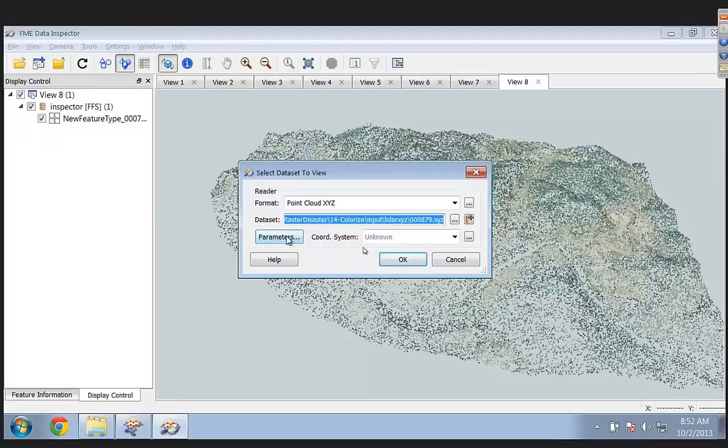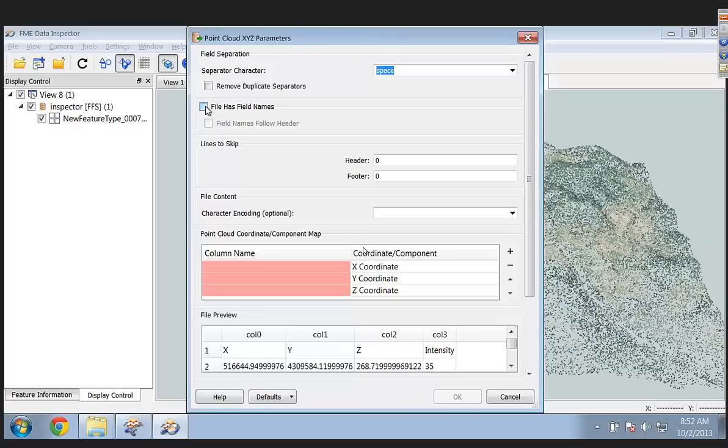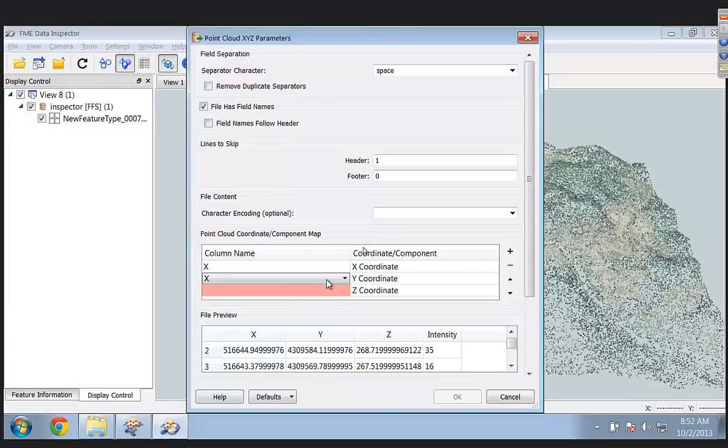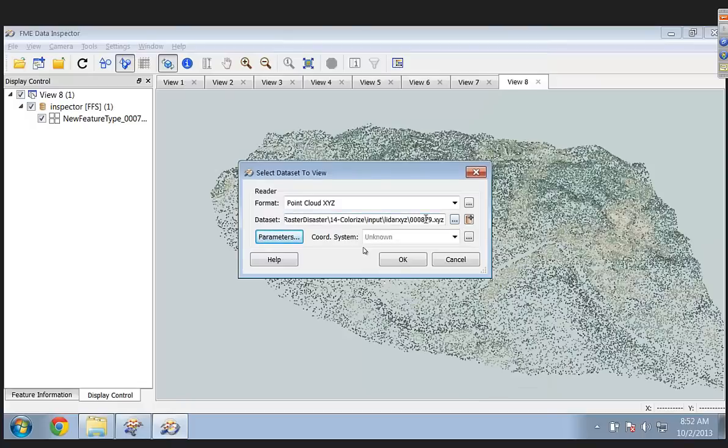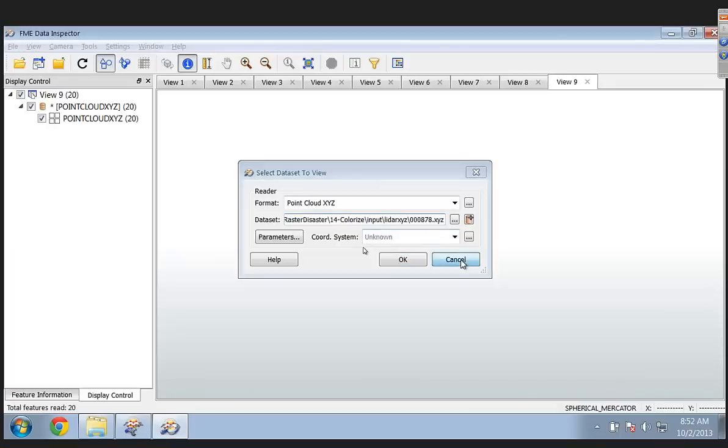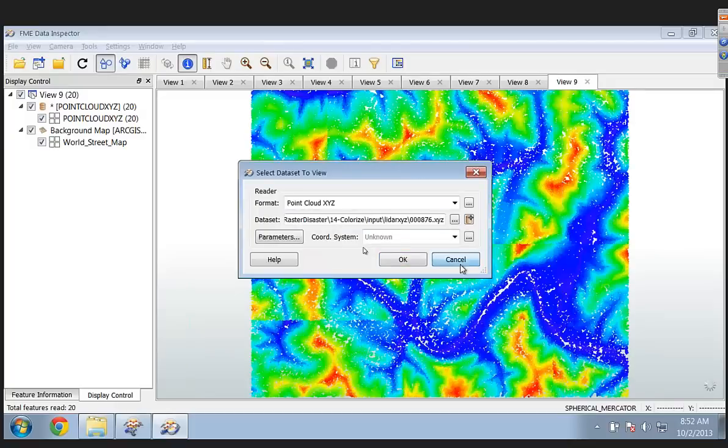Right. And if I grab this and go into the inspector, the thing has field names. This is what the data would look like. If I set that to X and this to Y and this one to Z, then I think I'm okay. And if I just say star.xyz, this would be the original data, with any luck at all. I've never tried this recently, so let's cancel that. Oh yeah, I've got a little bit of a problem there.